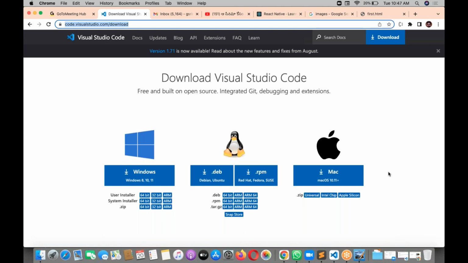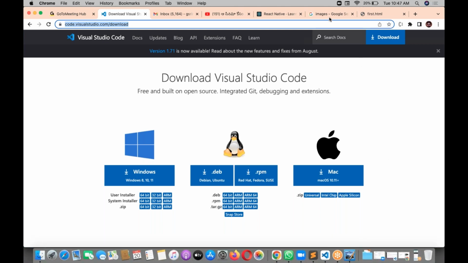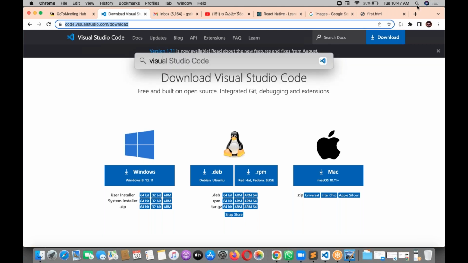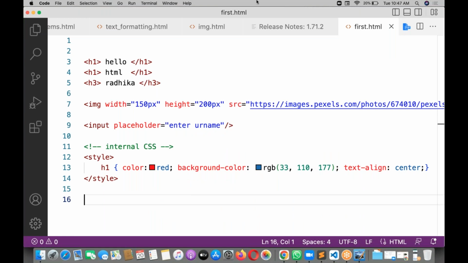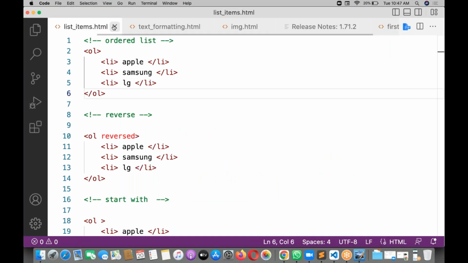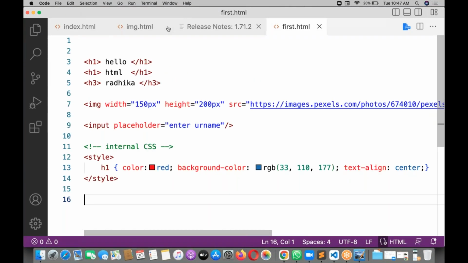But finally, after installing Visual Studio Code, just start it from your Mac or Windows. Start Visual Studio Code, then try to write the programs for HTML.